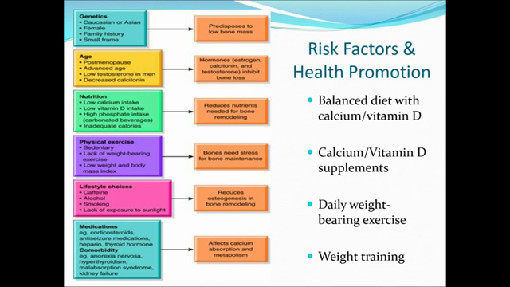When you look at risk factors and you look on the flip side at health promotion, having a balanced diet with adequate calcium and vitamin D is important, as well as avoiding things that are high in phosphate. Carbonated beverages are high in phosphate, so they are really not recommended. You want to try to minimize those as much as possible. Sometimes, no matter what we do with our diet, there's just not enough calcium and vitamin D. And the reality is that your body can only absorb so much calcium at any given time. So it's not uncommon for older adults to use calcium and vitamin D supplements. It is important, though, to space those away from meals so you're getting the most bang for your buck throughout the day.